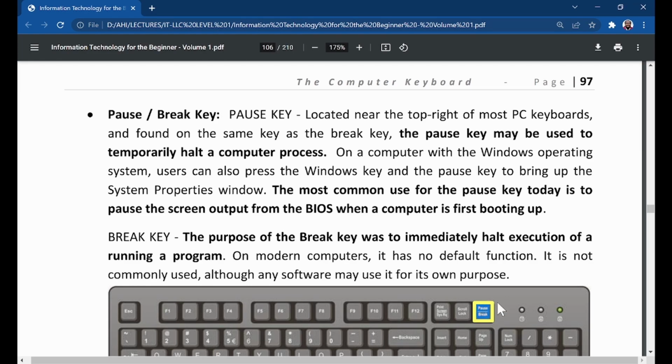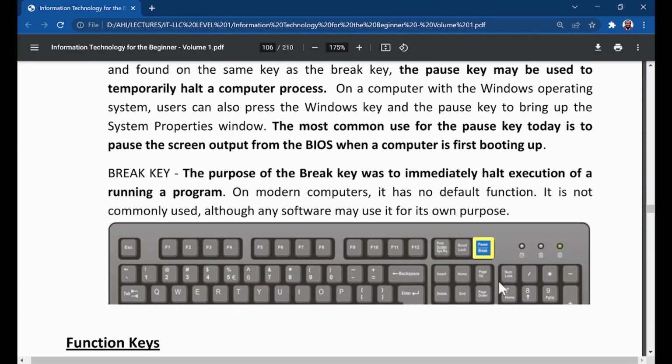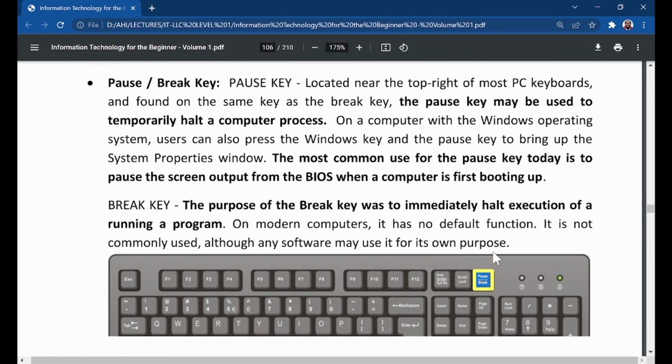But at least we have seen some 1 or 2 uses of it. So the pause key is not completely out. At least it can do 1 or 2 things, even though not often. All right. Now,